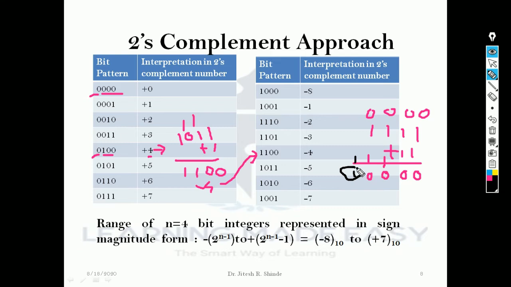Now what is this 0, 0, 0? We started from 0, 0, 0 and again we are ending with 0, 0, 0. This indicates that 0 has one unique representation in 2's complement approach, only one. In sign magnitude and in 1's complement approach, there were two representation formats for plus 0 and minus 0. Thus the drawback of ambiguity associated with the representation of 0 is eliminated in 2's complement approach.